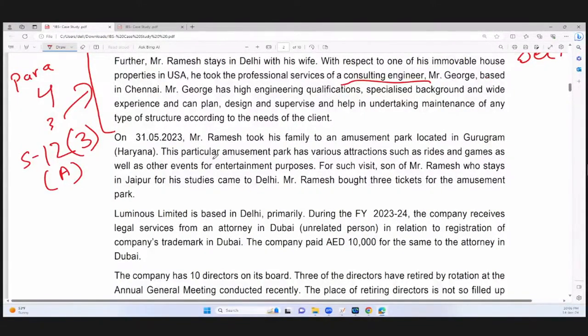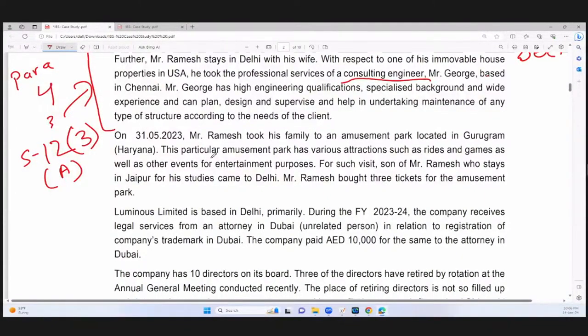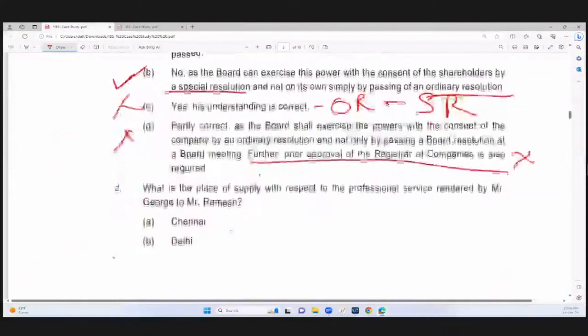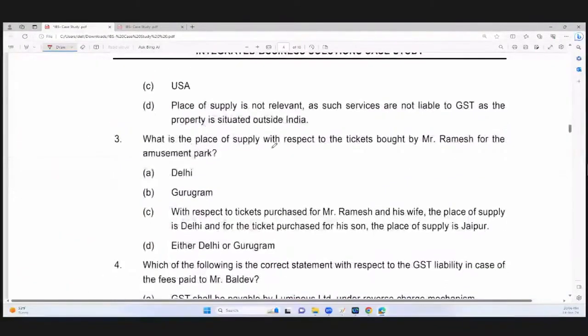कहां पे है? अब देखो ये स्ट्रेट क्वेश्चन है। अगर आपने जीएसटी का कंसेप्चुअल अंडरस्टैंडिंग कर ली है, आपने अच्छे से प्लेस ऑफ सप्लाई पढ़ लिया, तो वो स्ट्रेट फॉरवर्ड क्वेश्चन है। अब देखो ये आपने पैरा पढ़ा, अब क्वेश्चन पे आ जाते हैं कि प्लेस ऑफ सप्लाई विद रिस्पेक्ट टू टिकट्स बॉट बाय मिस्टर रमेश फॉर द अम्यूजमेंट पार्क।